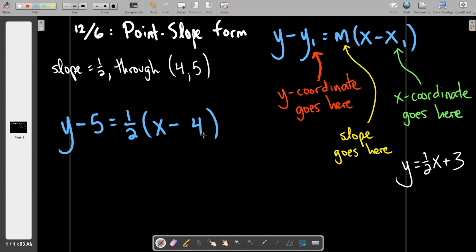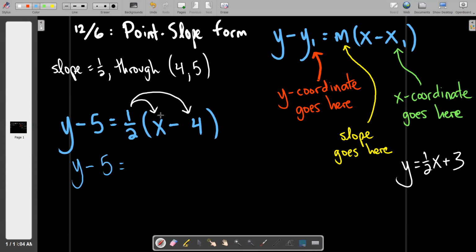Now, you might look at that and say, well, that's not what we got before. That thing that's in white down here in the corner, that's not the same. It can be the same. So what we're going to do now, just for fun, because you'll be doing a lot more of this in coming days, but I just thought I'd show you. I like to see when stuff is legit. You're like, wow, it actually works. I'm going to take my 1/2, and I'm going to distribute it through these parentheses like this. So I get y minus 5